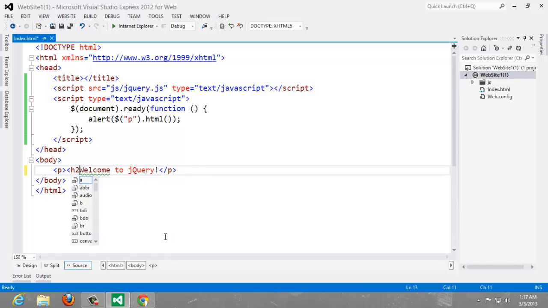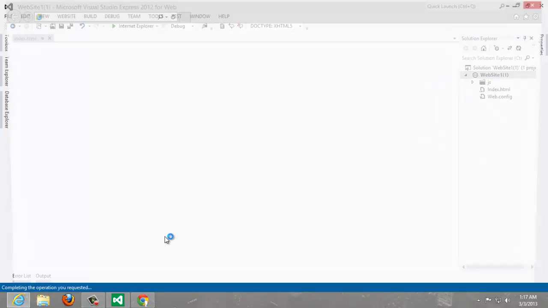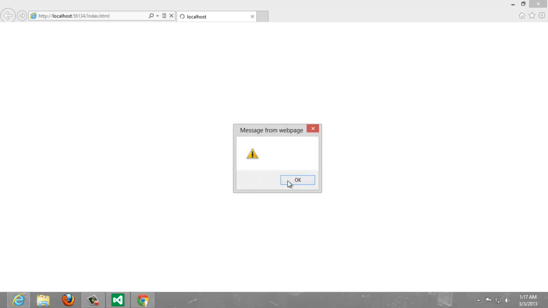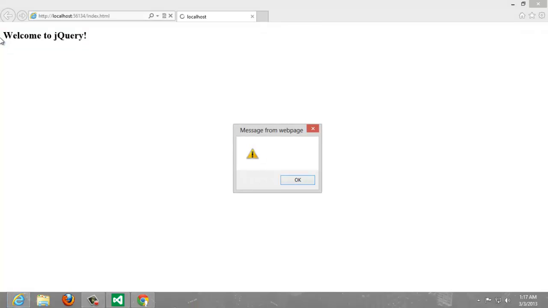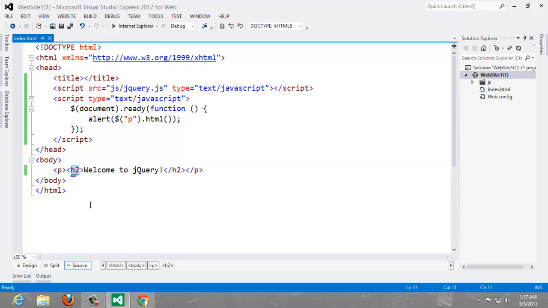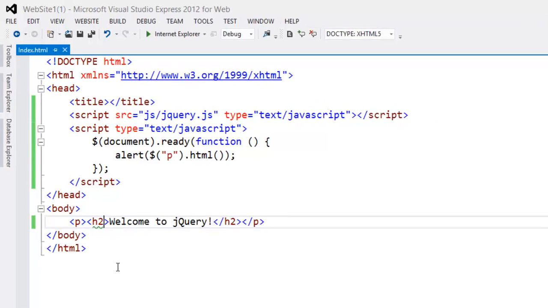So if I say h2, I can go here and I'll say h2 here. Yeah, that might be wrong in this area, but it's okay. Let's see. Or yeah, it's wrong. But you can see this area. Why is it wrong? Because its DOM is wrong. That's the reason it's not showing anything, because the h2 tag is not in the